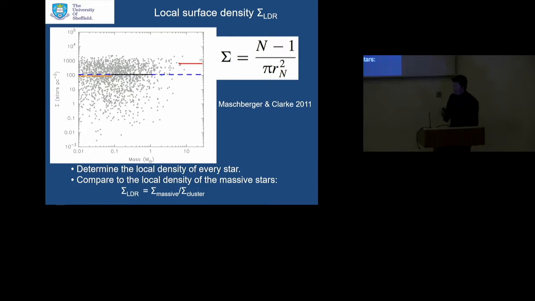In order to try and make our results more robust, we then started looking at the relative spatial distribution and the relative location of the most massive stars in the star forming regions with respect to low mass stars. The first thing we looked at is the surface density. So this is just sitting on a star and going out to a certain number of nearest neighbors and then working out the local surface density around each star and plotting it as a function of the stellar mass. So this is a relatively easy thing to do observationally.